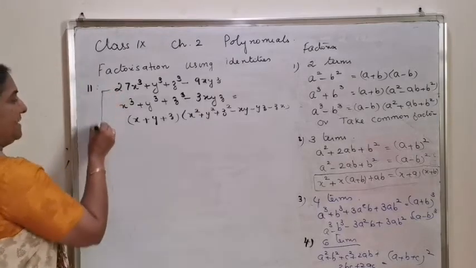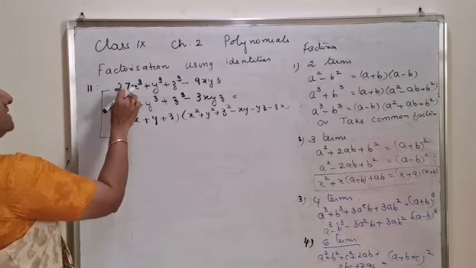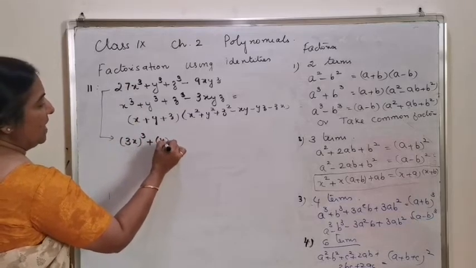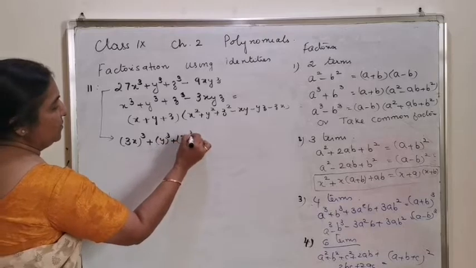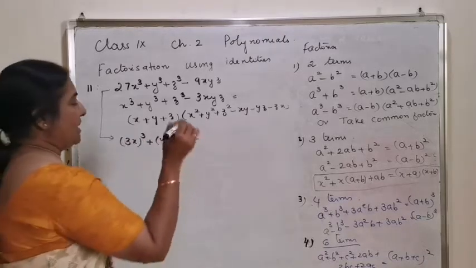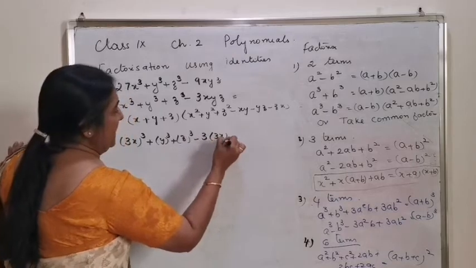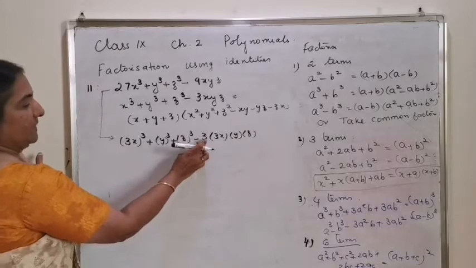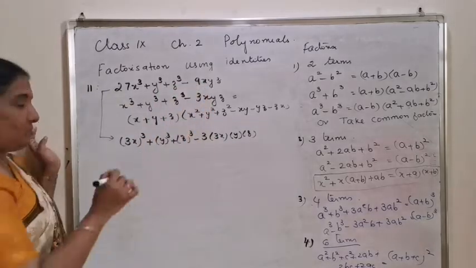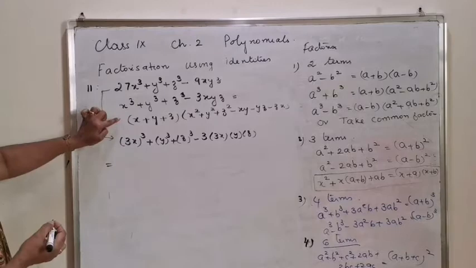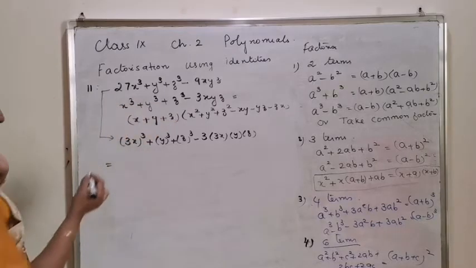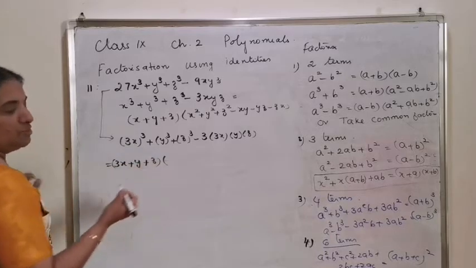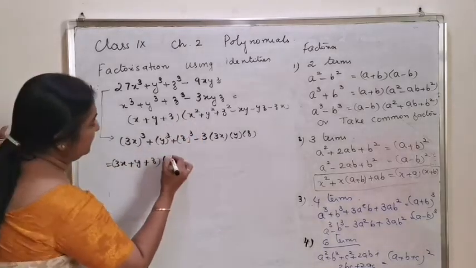The question can be arranged as 27x cube can be written as (3x) the whole cube plus y the whole cube plus z the whole cube minus 3(3x)yz, which is giving you automatically 3 3s are 9xyz. So what is the final answer? The final answer is (3x plus y plus z) into (3x) the whole square